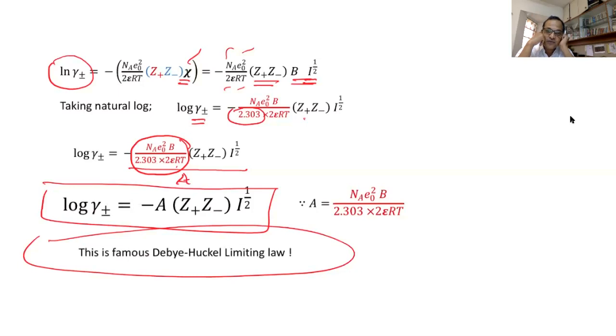So after taking so long a journey, we reached this point, being able to determine what the Debye-Huckel limiting law is. Okay, now what I will do now,